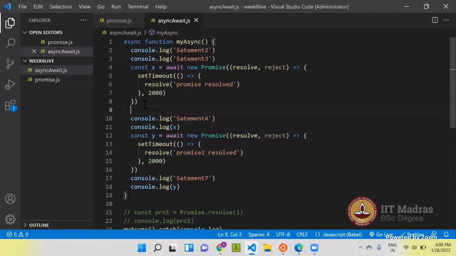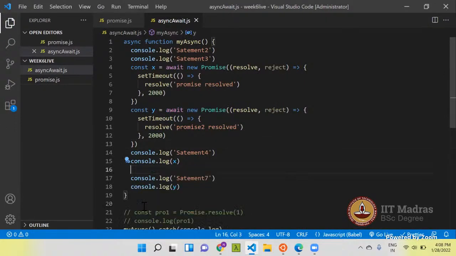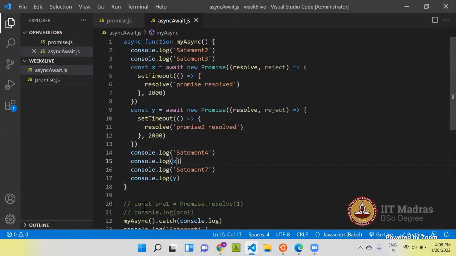And if I cut this and paste it here, remove this. Now what will be the time at which statement 4 or statement X will be triggered? 4. Why? Because there are 2 timeouts, so they will get added.